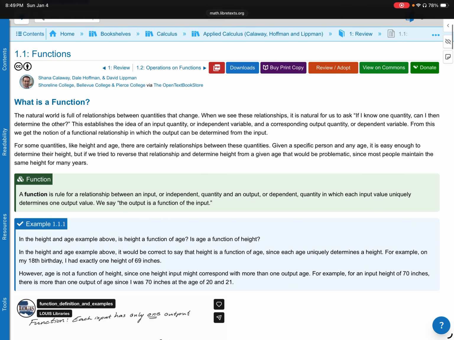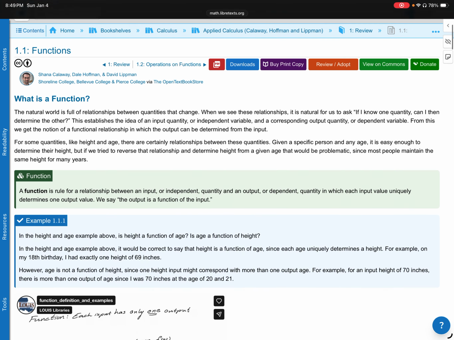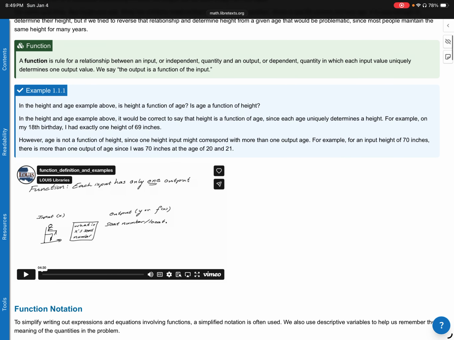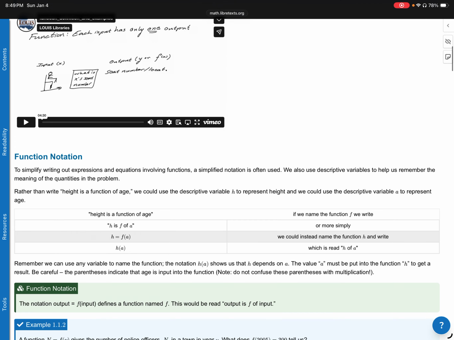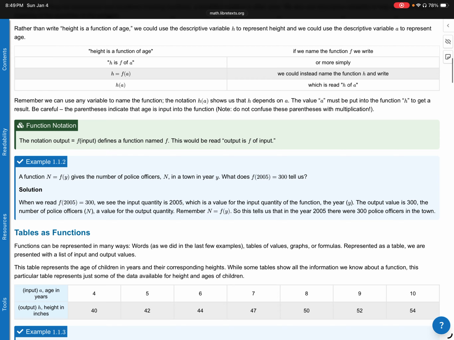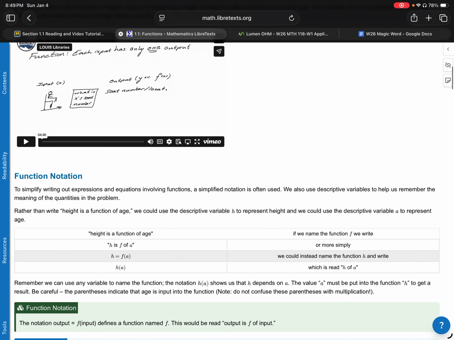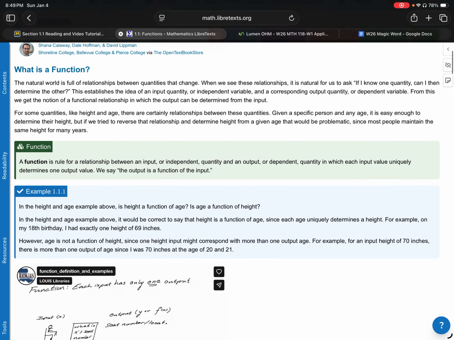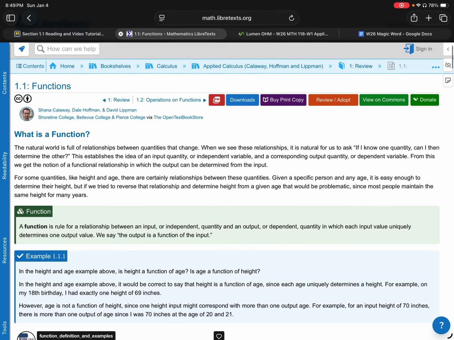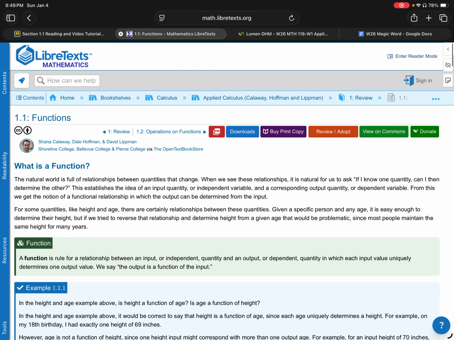So here's the first lesson about functions, and you can read through this. There's even a couple of videos that they've embedded into this text as well that you can read. I do want to point out that the online version has what we call a reader mode up here in the upper right. It says enter reader mode. When you choose that,